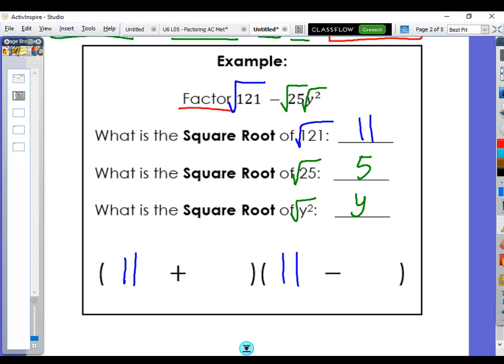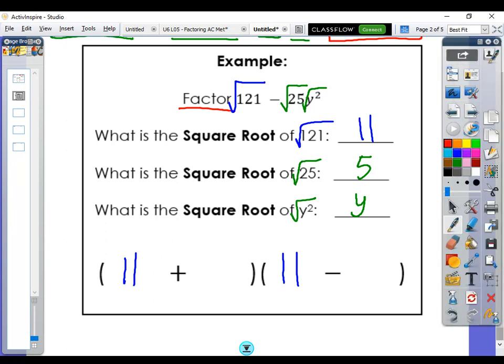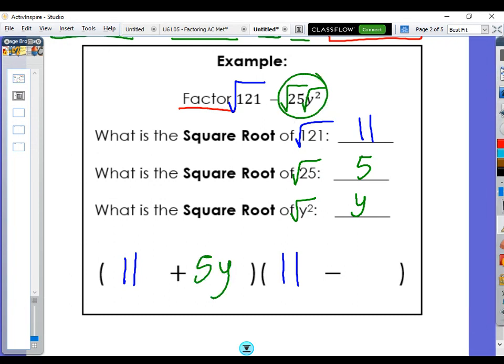So in the first binomial and the second binomial, you have an 11 there at the front of the second one. And then the 5y, since those were together, they stay together. 5y goes in the second position and the second position. Basically, whatever position they were in, so this was in the first position and this was in the second, right? And that's actually our answer, 11 plus 5y times 11 minus 5y, two binomials that are being multiplied together,